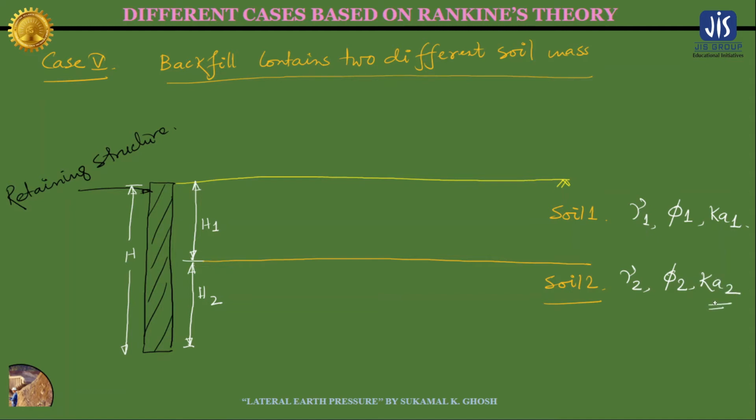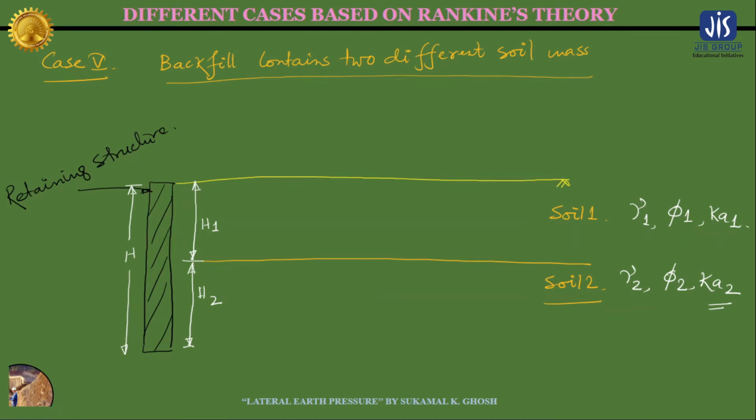See, till now in all the cases we have discussed, the soil was not different, but in this particular case there are 2 different types of soil, and that is why their properties are different. We know 2 different kinds of soil have different unit weights and different angles of internal friction. Also, we discussed in our very first lecture of lateral earth pressure theories that depending upon the soil, the value of the coefficient of earth pressure, meaning Ka or Kp or K0, varies, right?